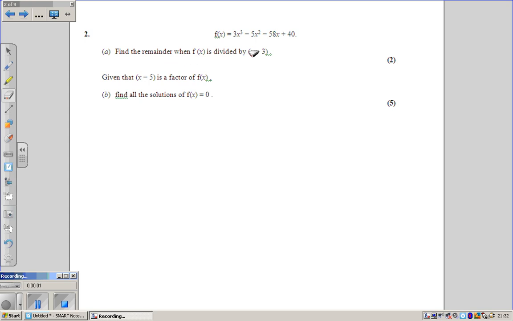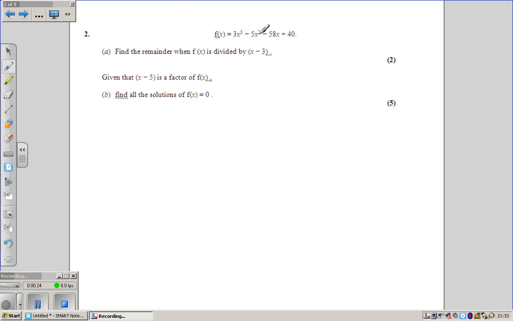Question 2, you are given a polynomial, 3x cubed take away 5x squared take away 58x plus 40. We have to find the remainder when f of x is divided by x minus 3. One thing you could do is long division, if you remember how to do that, which you should. You should get this and divide it by x minus 3, and you'll get the answer, but you'll also get